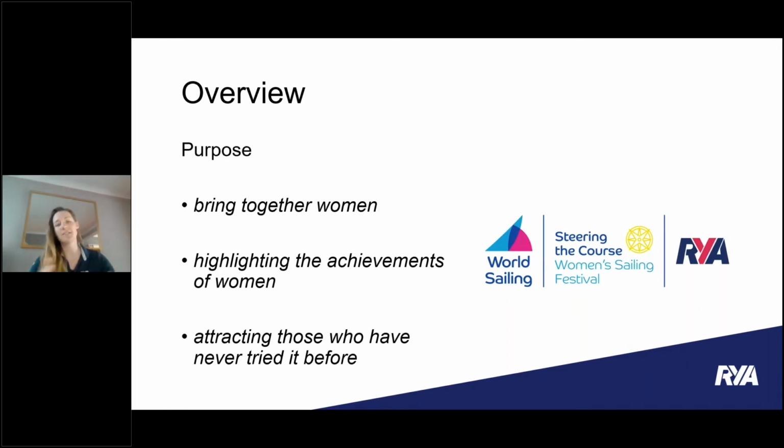So I hope that sums up what Steering the Course is all about and starts to give you some ideas around what we could be doing to get ourselves involved. But before we get into that discussion, I really just want to touch on why we're getting involved in this and why we believe it's so important.